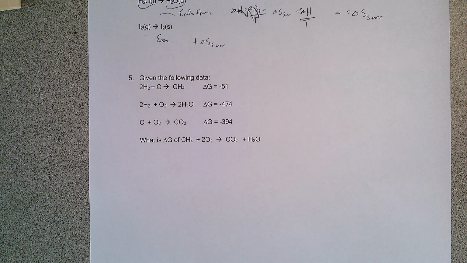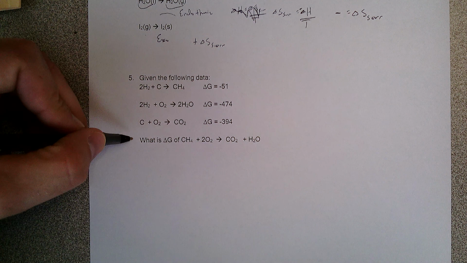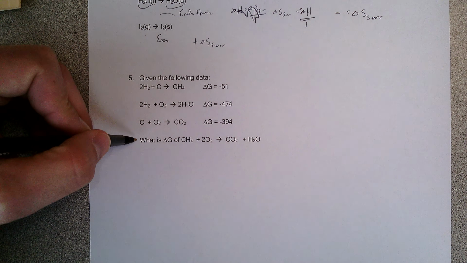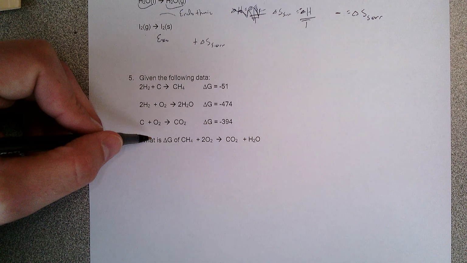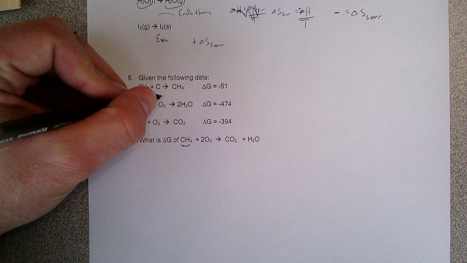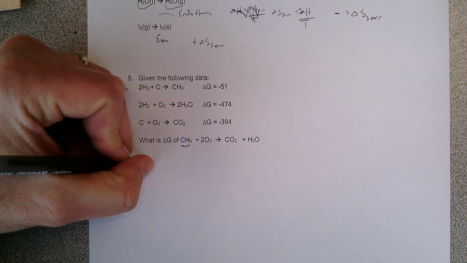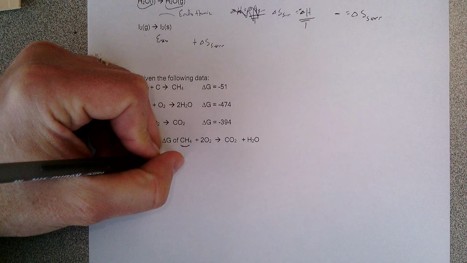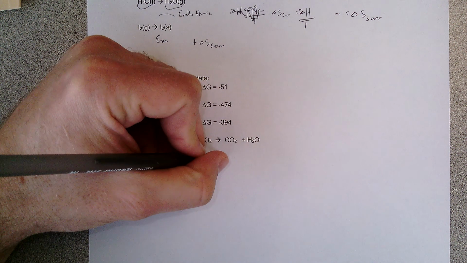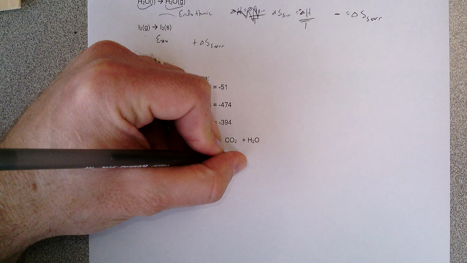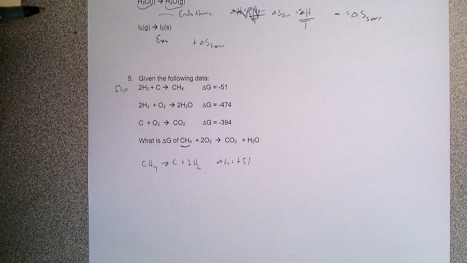So then we see number 5. This is a good old Hess's law, but with delta G stuff. So we see a series of reactions, and I know I need my overall reaction to add up to this one here, right? When I see this, I start looking for the things that aren't in a bunch of places. Like my methane is right here, so I'm going to flip this first one. When I flip this first one, CH4 goes to C plus 2 H2. My delta G is now going to be a positive 51. We flip the sign on delta G when we do that.